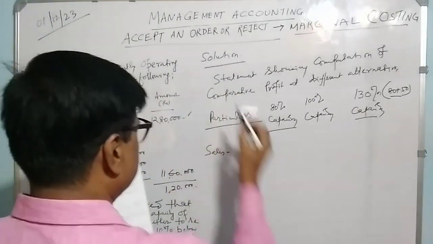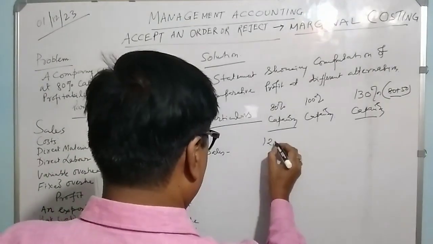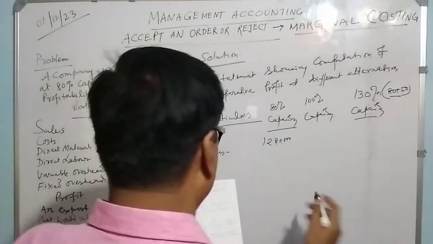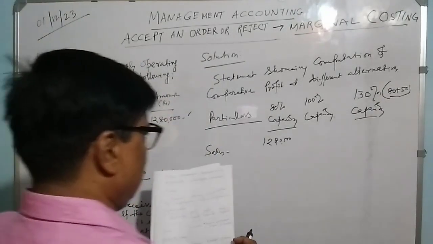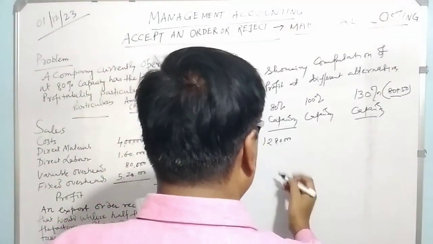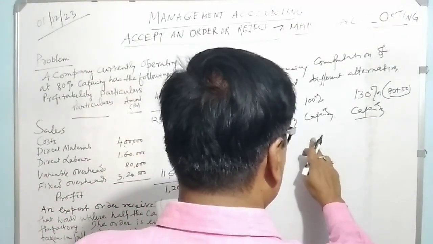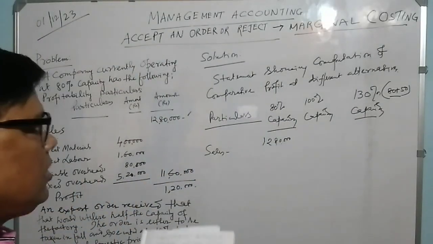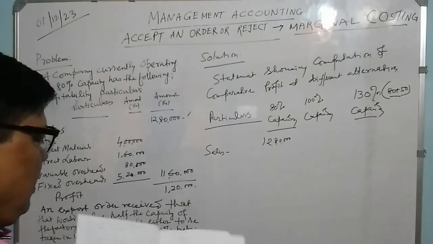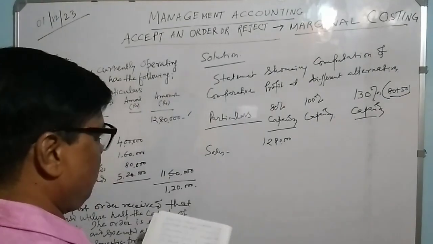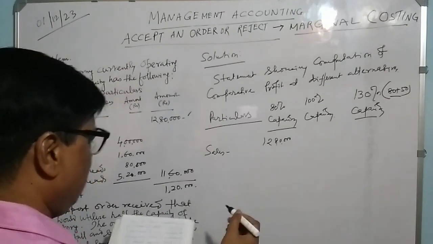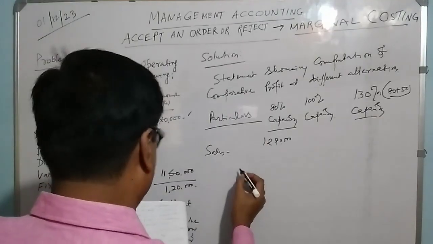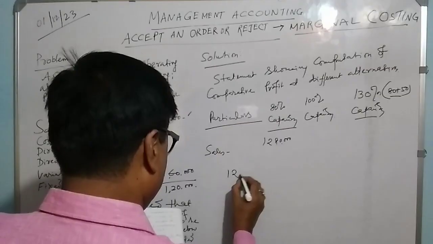Sales, your domestic market at 80% capacity level, you start with that 12,80,000. Then for your 100% capacity and 130%, you have to calculate these figures. How will these figures come? You see, in case of 100%, what you have to do? You are to do it this way. Your figure will come